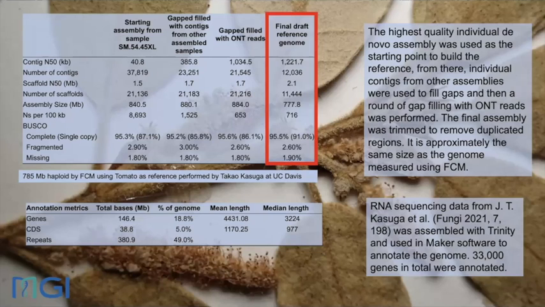Three stages of assembly. First, a de novo assembly of the best genome, stitching together with the other genomes, and then gap filling with nanopore sequencing. And so we have a final draft reference genome that you can see is quite high quality, very contiguous, with big assemblies. And so this has been put together by the team led by Brock Peters.